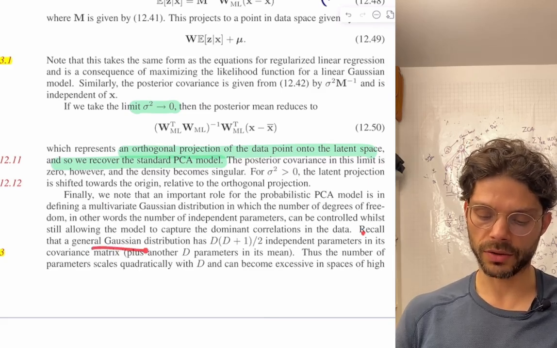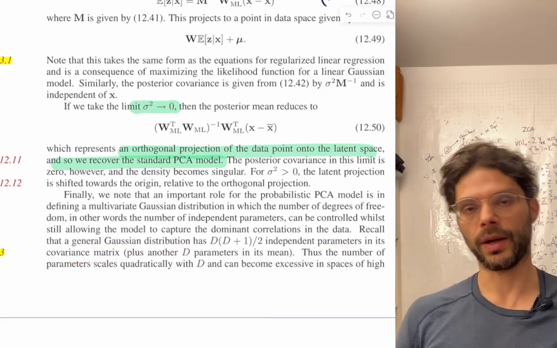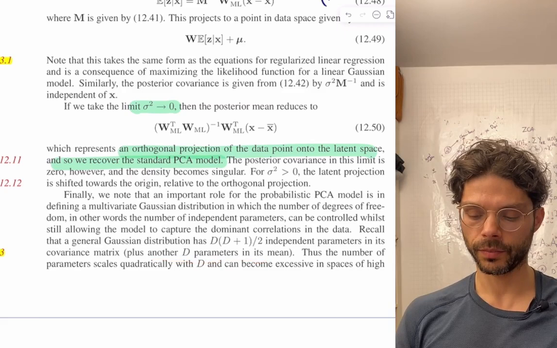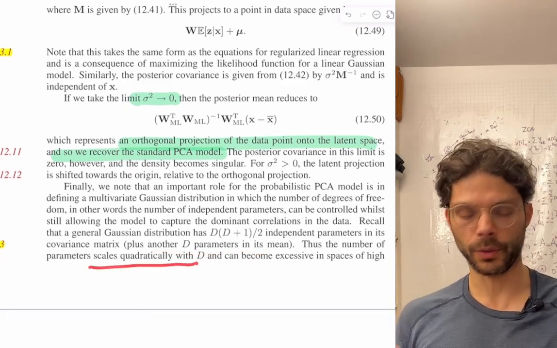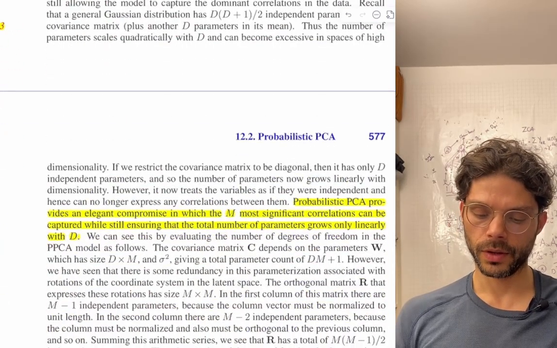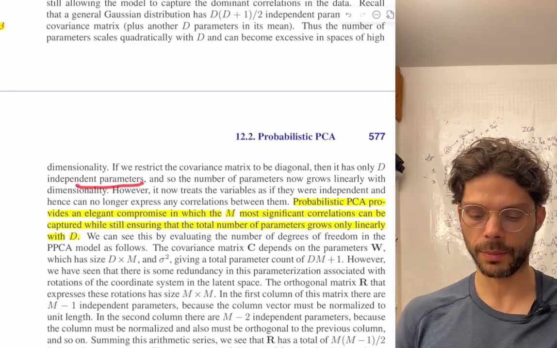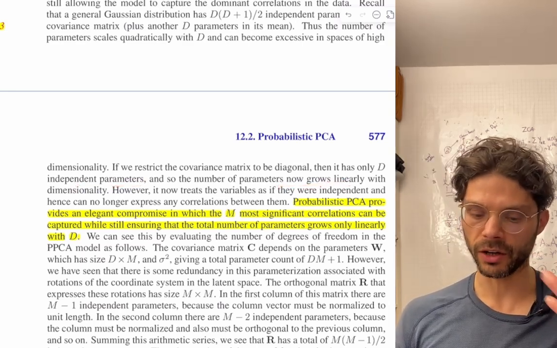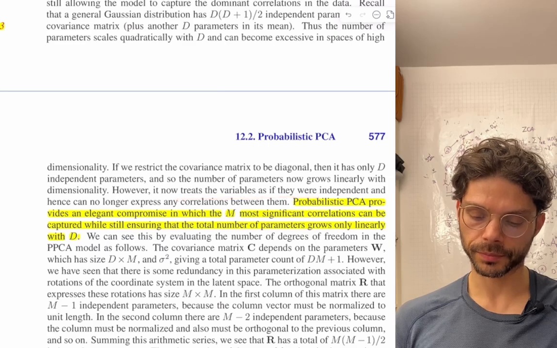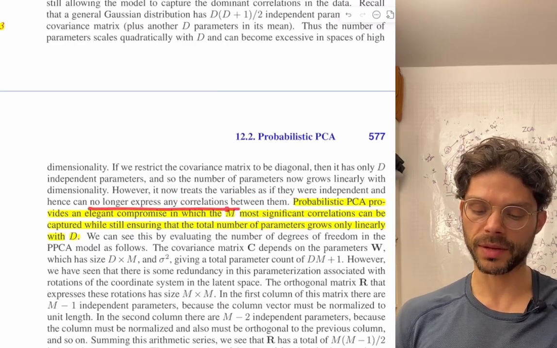A general Gaussian distribution has D(D+1)/2 independent parameters in its covariance matrix. That's just the diagonal and everything above it, for example, plus another D parameters in its mean. Because the number of parameters scales quadratically with D, it can become excessive in spaces of high dimensionality. If we restrict the covariance matrix to be diagonal, then we only have D independent parameters, so now it only grows linearly. We want linear growth, but of course this now treats the variables as if they're independent. This is Gaussian, so if they're uncorrelated, it means they're independent,